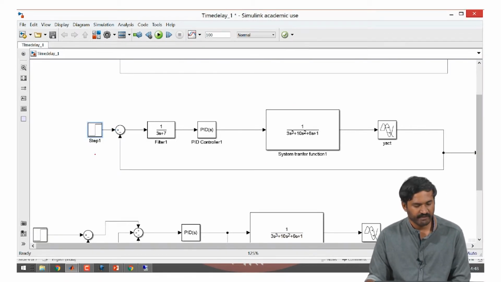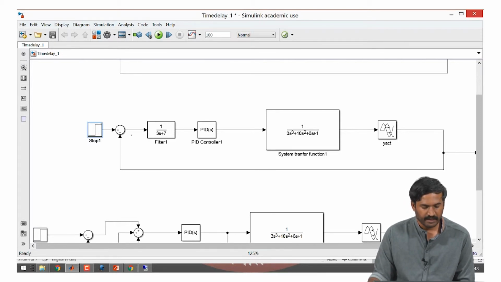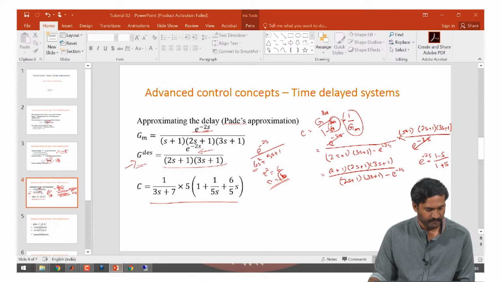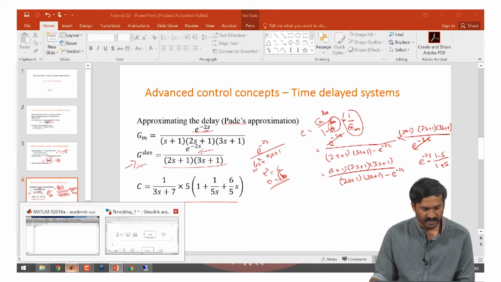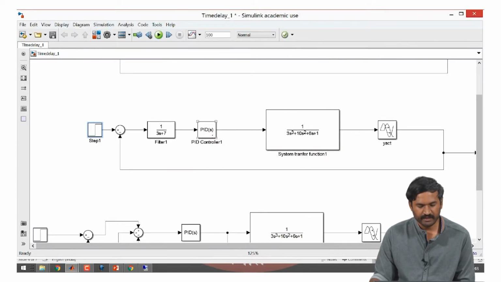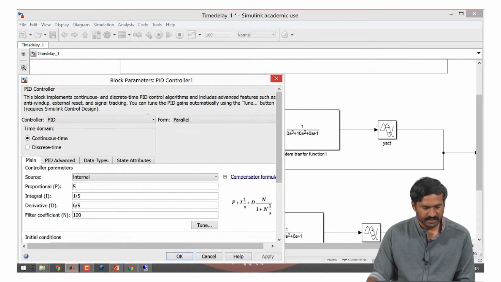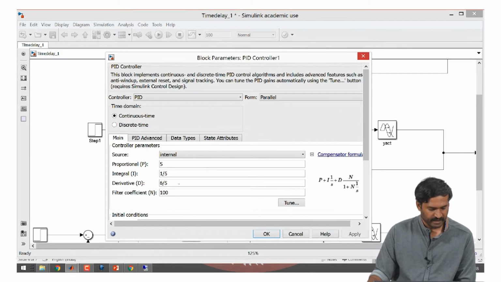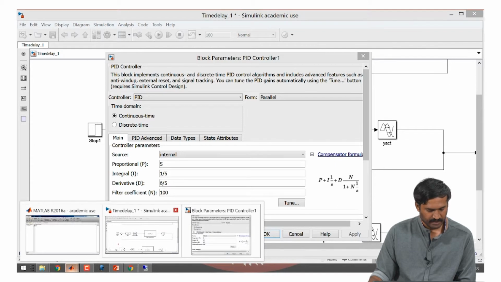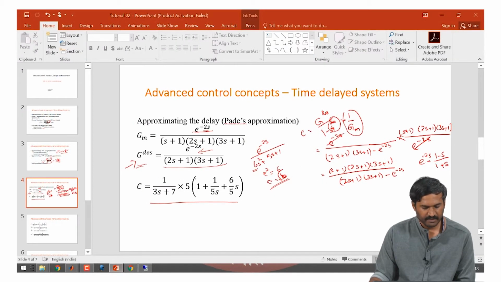As you can see, I have given a step input to the set point and I have configured the filter as given in here, and I have taken a PID controller block and I have given the parameters as calculated in this example. So, k is 5, tau I is 5 and tau d is 6 by 5.